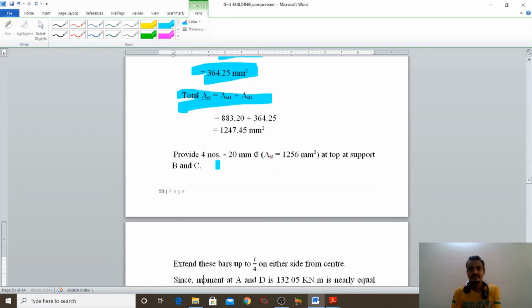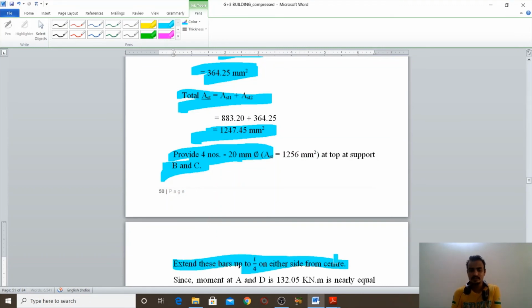Total is Ast1 plus Ast2. So total Ast is 1247.45 mm square. Provide 4 numbers of bars of 20 mm diameter at the supports B and C. Extend this bar to L by 4 on either side from the